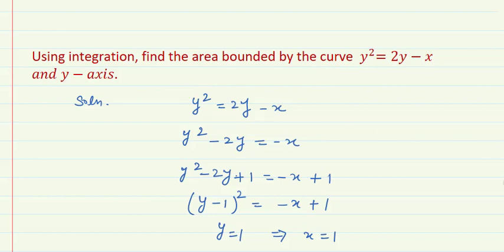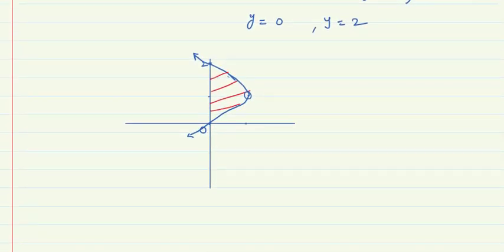So this time no other line is given to us. So clearly the area is bounded by the y-axis and the parabola. So the required area is equal to the integration over the limit from 0 to 2, because on the y-axis we are having the limit from 0 to 2 by which the area is bounded.